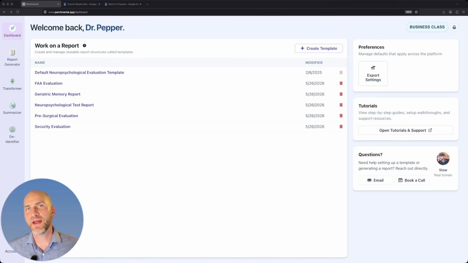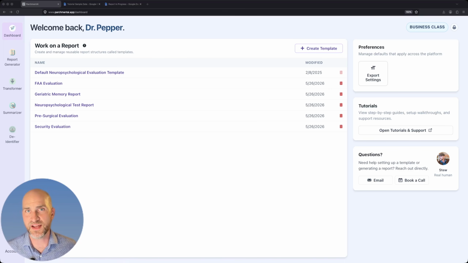Today we're going to talk about how to generate a background information section. And what's cool about how you go about doing this is it's the same flow for setting up a reasons for referral, behavioral observations, a summary section, anything where paragraphs are flowing from one to the next, where it's a narrative. And we're starting with background information because I've heard from maybe just countless people at this point that they're